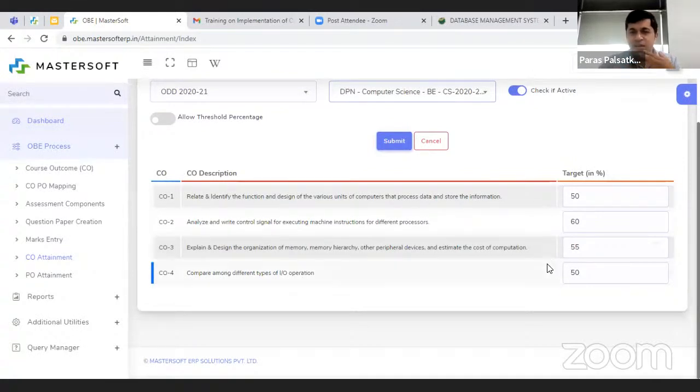One method is that you can have the average result of the last 3 years, and with respect to that result, you can set the target. Yes. Or else, if you wish,